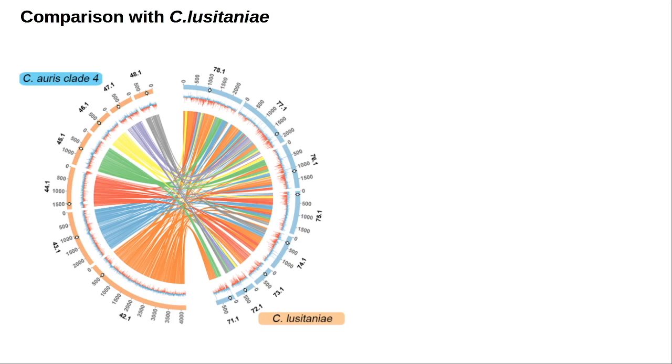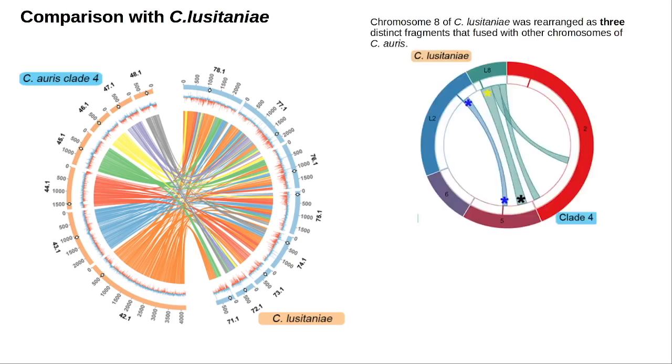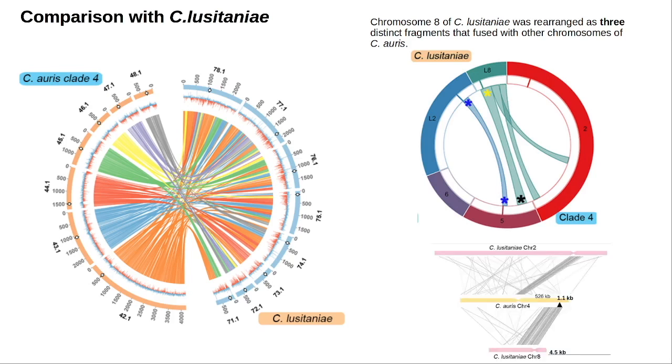But here we are also particularly interested to know about the fate of chromosome 8 and its corresponding centromere. From these comparisons, the 8th chromosome seems to have broken into 3 segments and fused with 3 different chromosomes in Candida auris. Thus, one scaffold in Candida auris would in principle be harboring 2 centromeres of lucernea, and this scaffold in Candida auris was observed to be chromosome number 4, which had Candida lucernea's centromere 2 and centromere 8. But functionally, only centromere 2 was active and centromere 8 was inactive.